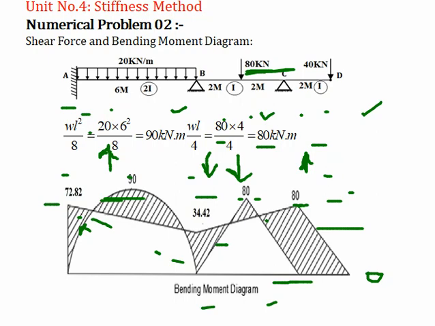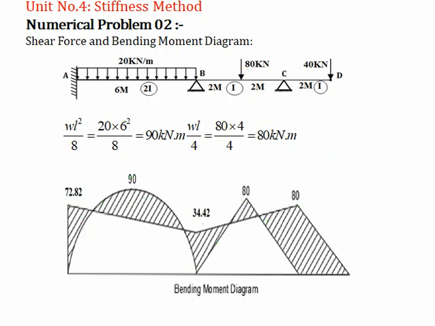Then move toward the bending moment diagram. Let's show the end moment first. So end moment is 72.82 and it is in anti-clockwise direction. So keep your pen close to A and rotate in anti-clockwise direction about the A. So after one rotation, it will cut your member and come up. So show up 72.82 kilonewton.